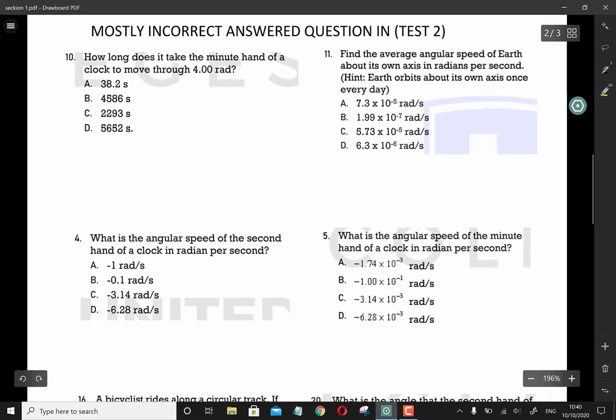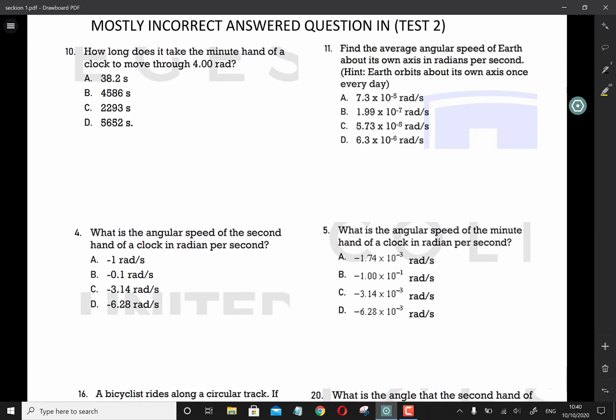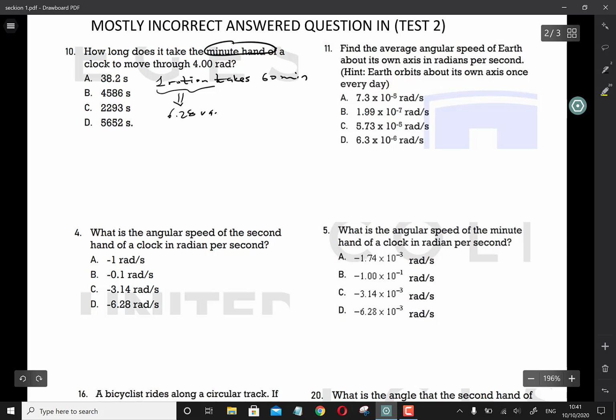And in test 2, question number 10 is another one. How long does it take the minute hand of a clock to move through 4 radians? We know that one rotation of the minute hand takes 60 minutes. So 1 rotation is equal to an angular displacement of 6.28 radians. So 6.28 radians takes 60 minutes, so convert 60 minutes into seconds: 60 times 60, which is 3,600